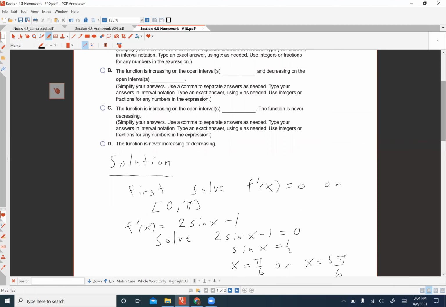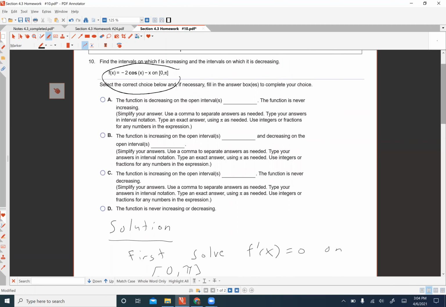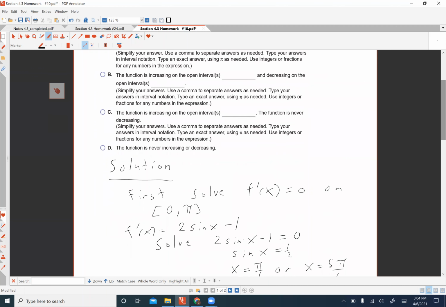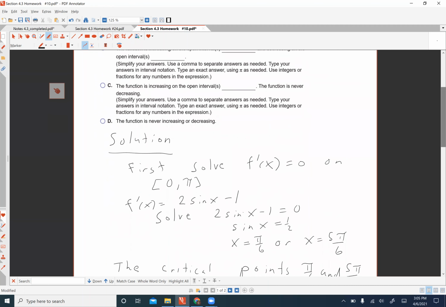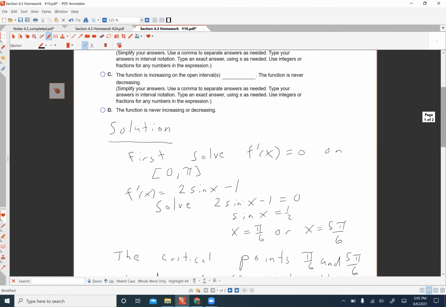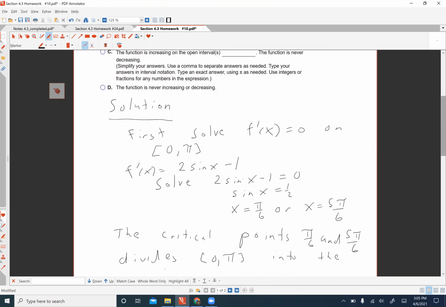So f prime of x, that's kind of set up nicely. Yeah, so the derivative of cosine is minus sine. So f prime of x is 2 sine x minus 1. So we want to find where that is 0. So we solve the equation 2 sine of x minus 1 equals 0, or sine of x is equal to